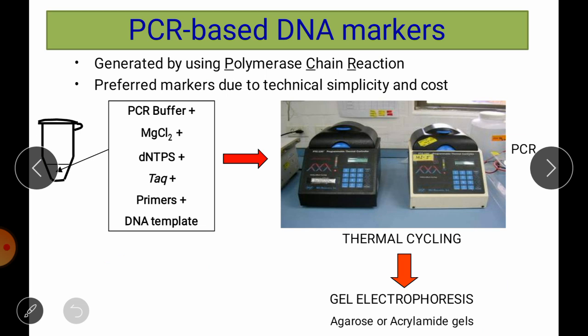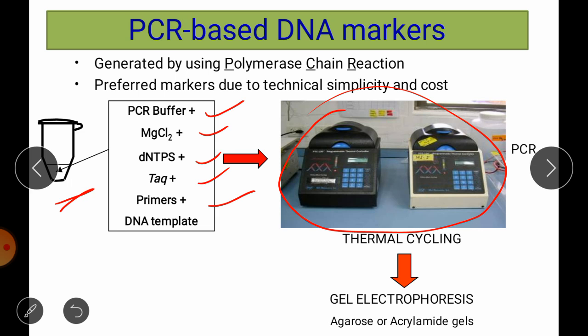After extraction, you have to do a PCR. For that, whatever DNA is extracted, you have to add it, if Eppendorf tubes are there, along with PCR buffer, magnesium chloride, dNTPs, Taq polymerase, and primers in the tube, and then you have to go for a PCR. Such machineries are called thermal cyclers or PCR machines, for the polymerase chain reaction. You have to run a specific program,